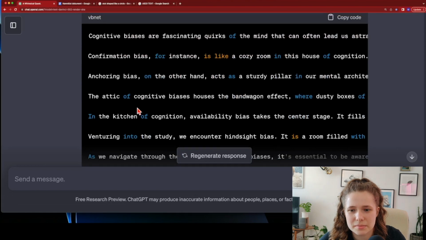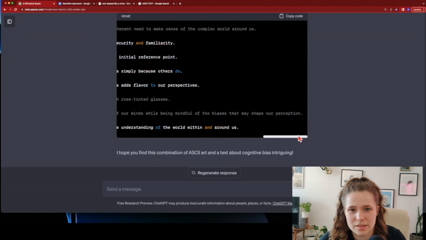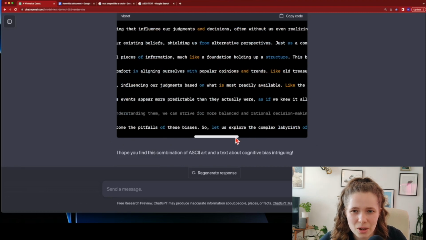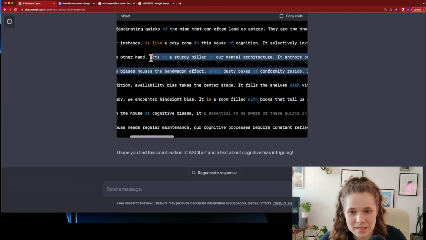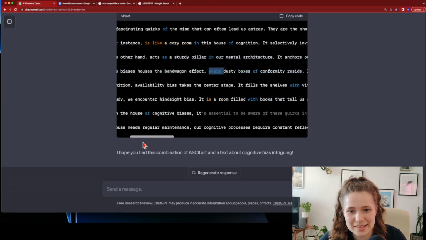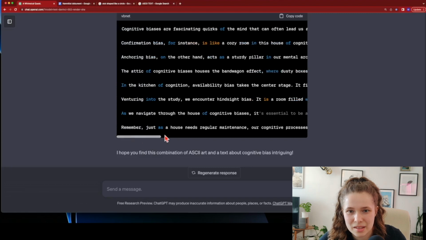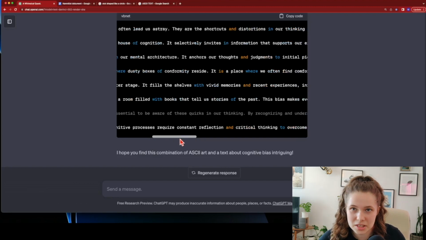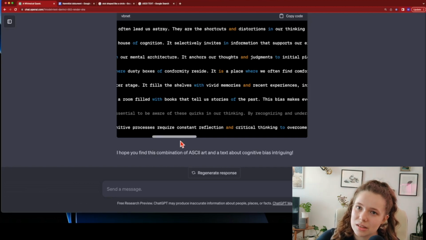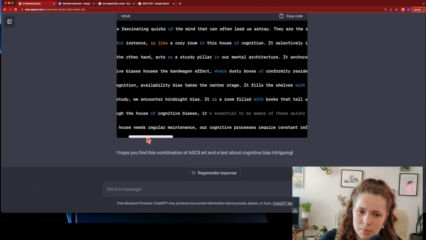Cognitive biases are... Oh, that's some long text. What's up with the color? One of the books that I really used to like a while ago is House of Leaves, and in that book, every time the word house is in the book, it's blue, just like this, and this is reminding me of that. And I think there were also some other colors or words or something, but it was a really strange book. So if you're into strange, mysterious stuff, but also very intellectual, then you could try reading that book.